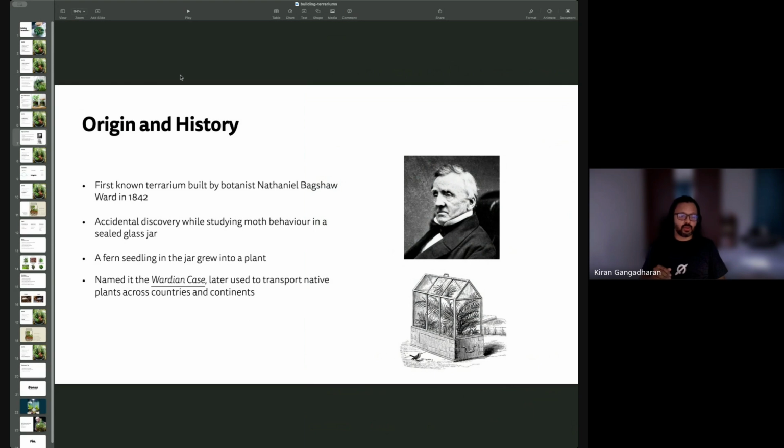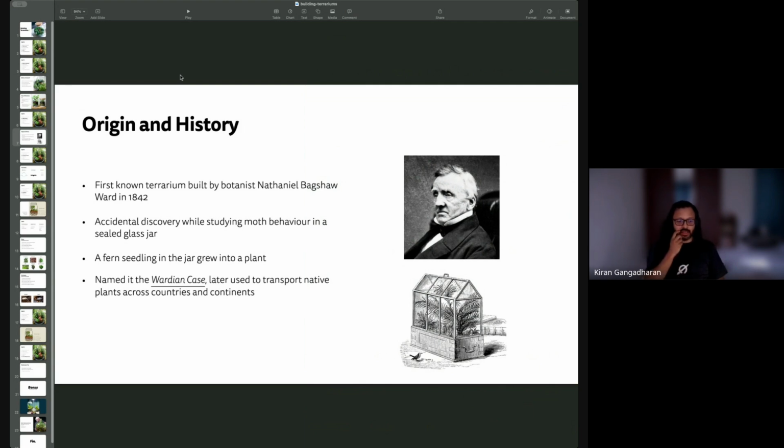So he started experimenting with this and trying to build an ideal case. He was a botanist, and he was interested in learning about plants. So naturally, you can imagine that you would try to build cases for different types of plants. But the bigger picture here is the invention that he came up with, the Wardian case, which roughly